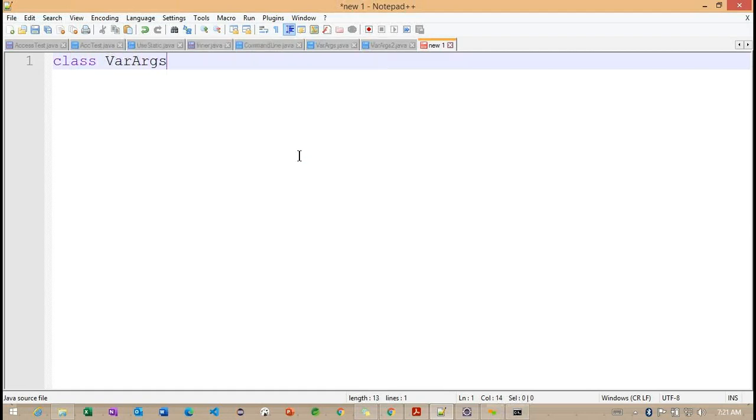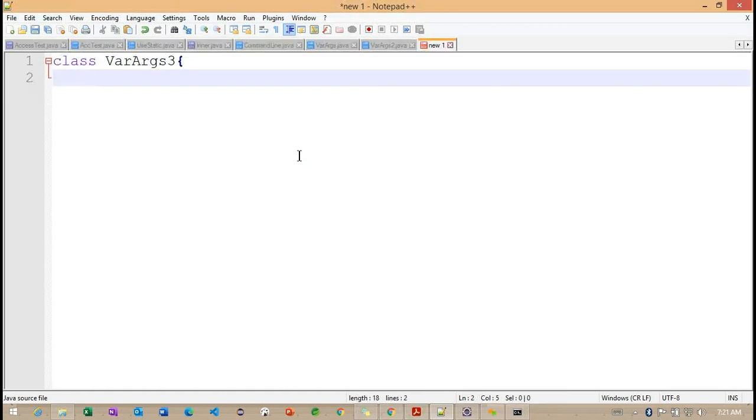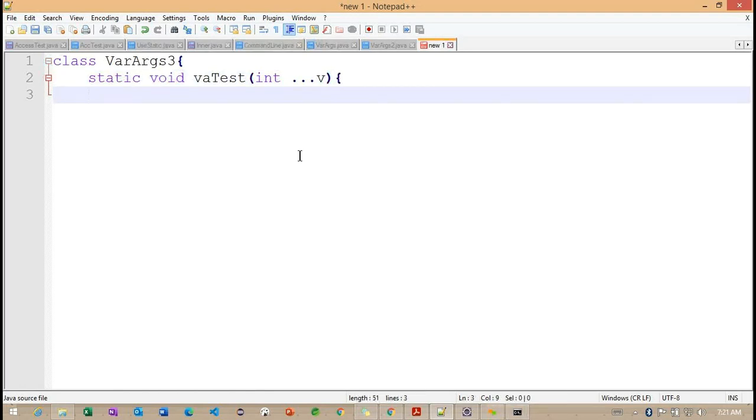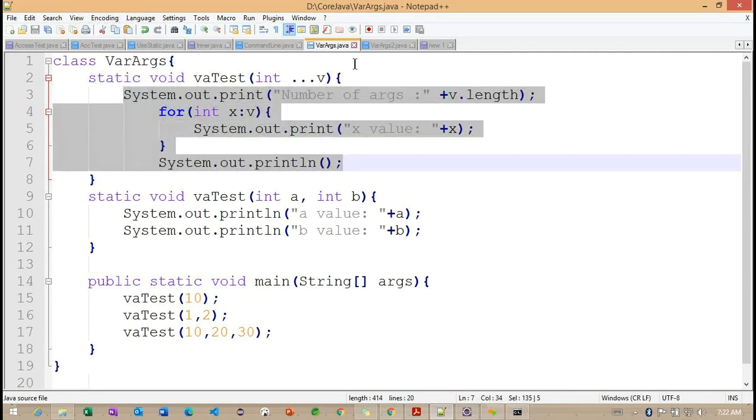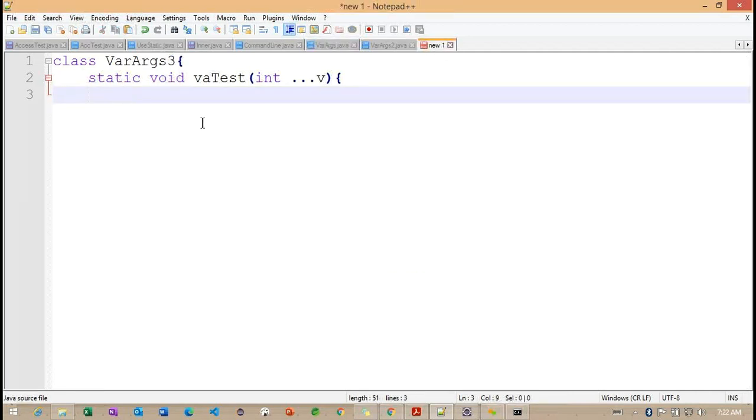I'm trying to work with var3. Inside this var3, I want to check with the same method, VA test, which is expecting integer as a parameter type here. I want to copy this particular parameter.